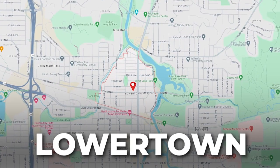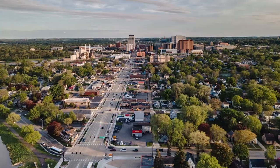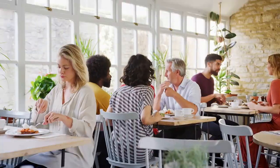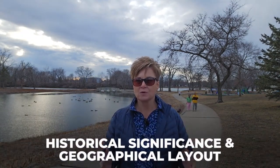Moving to another gem of a neighborhood, let's take a look at Lowertown. The Lowertown neighborhood in Rochester, Minnesota is a vibrant and evolving area that really cherishes its historical roots while embracing modern development. Bordering downtown Rochester, Lowertown is known for its proximity to natural attractions like Silver Lake and the Design District, and it's a hub of restaurants, theaters, small businesses, and historic homes. Re-established in 2018 from the original Northrop neighborhood, Lowertown honors Rochester's first business district from 1857, showcasing its historical significance